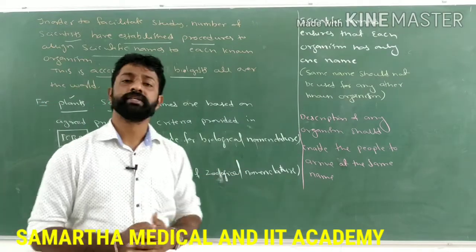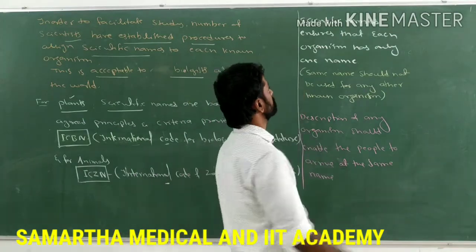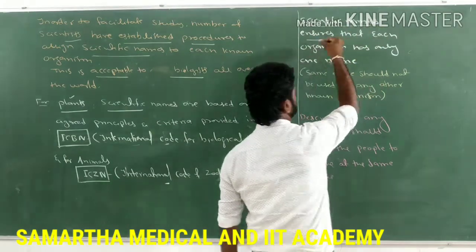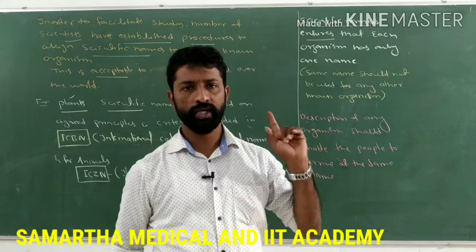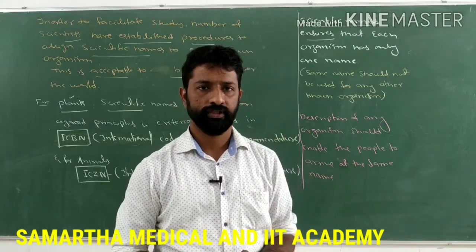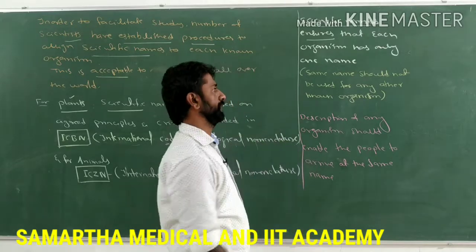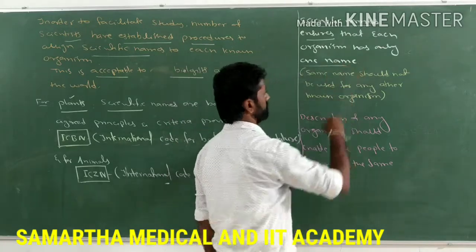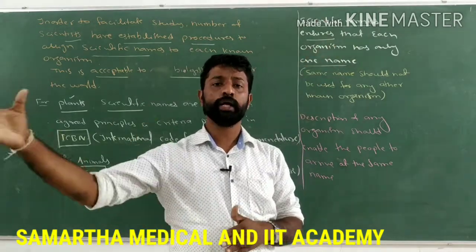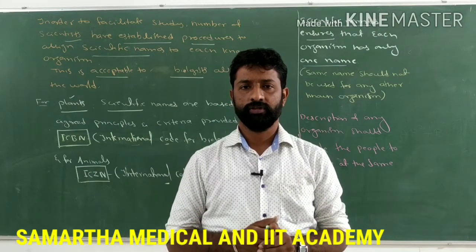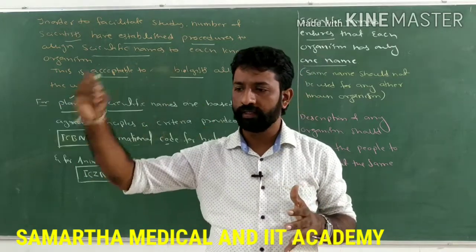So when a scientific name is assigned to an organism, what should be its character? Scientific names should ensure that each organism has only one scientific name, or it should be given only one scientific name. Means the same name should not be used for any other known organism. If an organism is named with a scientific name, the same name should not be used for any other